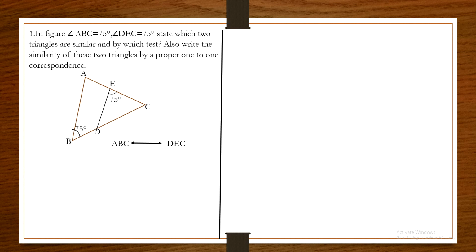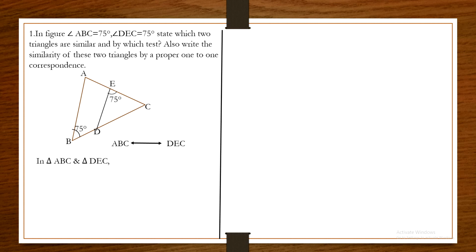Why are we taking this? Because here we can find two triangles, one bigger and one smaller. ABC and DEC. Note that the vertex C is common, so we take C corresponding to C. B is congruent to E, so we take B corresponding to E. Then the remaining is only A, so A is in 1-1 correspondence with D. So we are taking the correspondence ABC with DEC.